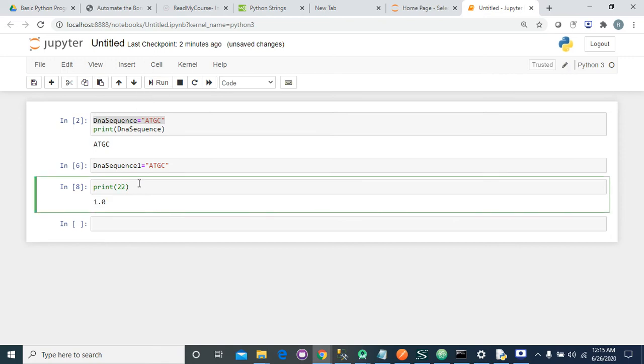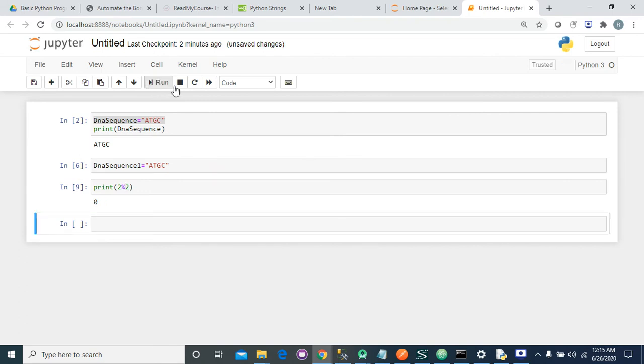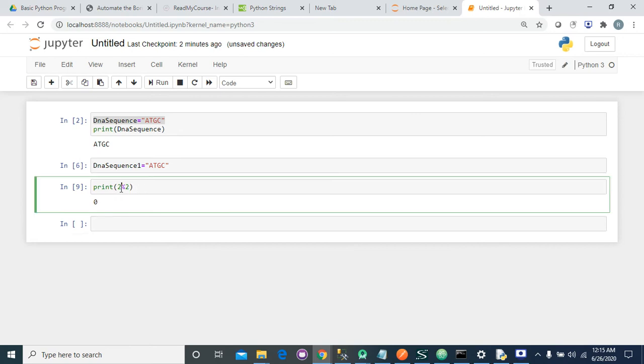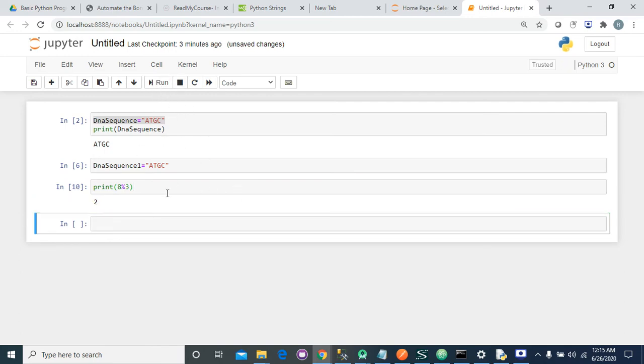And 2 % 2 gives 0, when we divide 2 by 2, no remainder. I will write 8 % 3, then it will give the value 2.